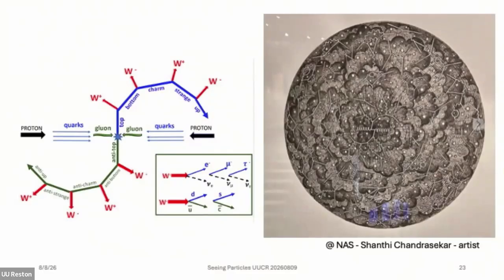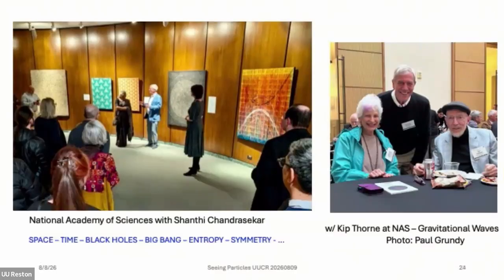You can see in the middle there, there's 2 gluons colliding, and then all these lines are so-called Feynman diagrams of quarks and antiquarks and gluons coming out. So that piece of art is actually at the National Academy of Science. It's been there in an exhibition that I had with her, and they've actually bought this piece for their collection together with my writing that goes beside it. So this is just a segue to this